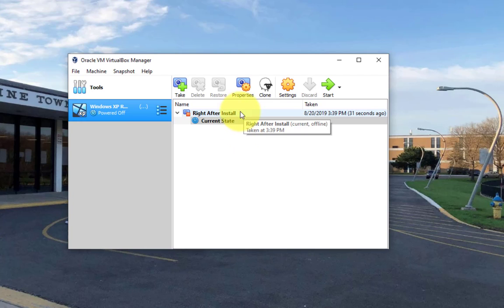If you forget to take this snapshot right here, in the future when it gets infected with malware and viruses and all kinds of bad things, you're just going to unfortunately have to reinstall, create a completely new virtual machine and reinstall it, because it will be toast at that point. So it's really important that you create this snapshot and you know how to restore that snapshot to go back in time to a nice, clean, good,